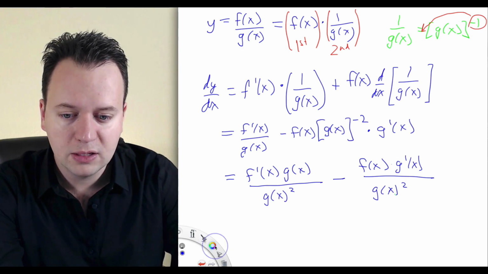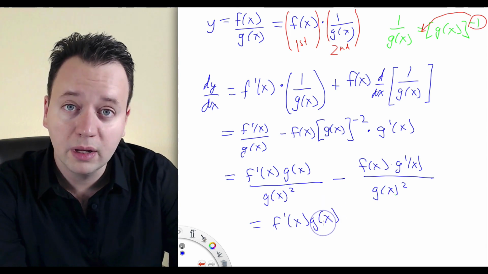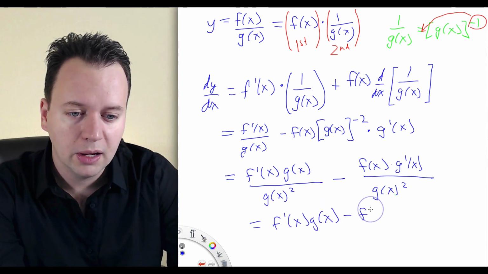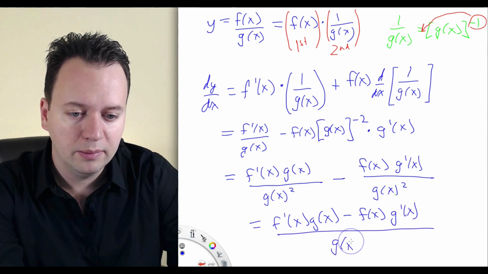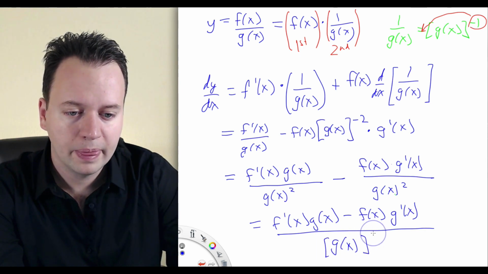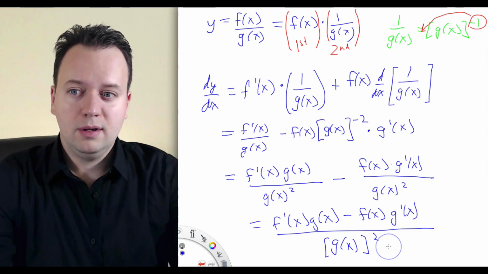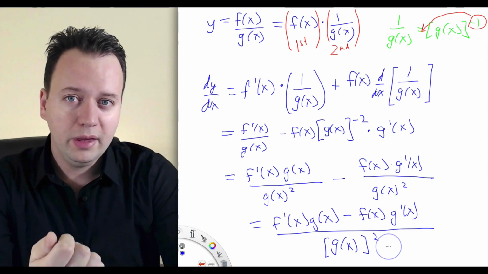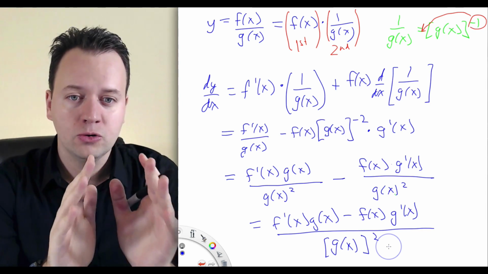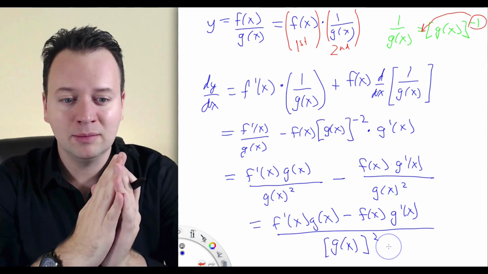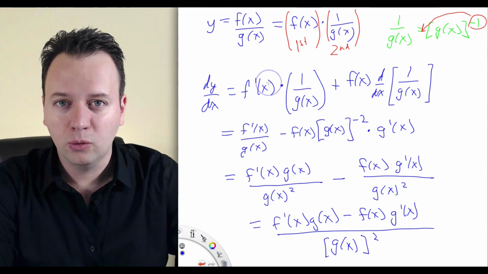And then we can combine these two and write f prime of x g of x, so this is the bottom times the derivative of the top, and then minus the top times the derivative of the bottom, and the whole thing is divided by the bottom squared. So the quotient rule is really nothing new, even though it is a new formula, and the formula is useful at times when you have a quotient of two functions given to you. Sometimes it's easier to just go through this formula than to rely on the product rule coupled with the chain